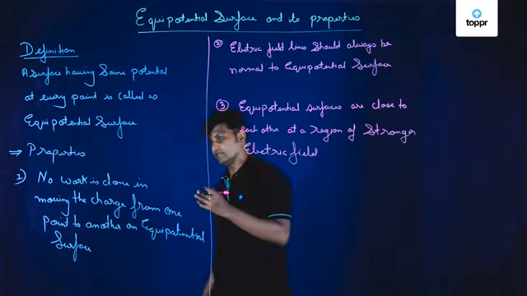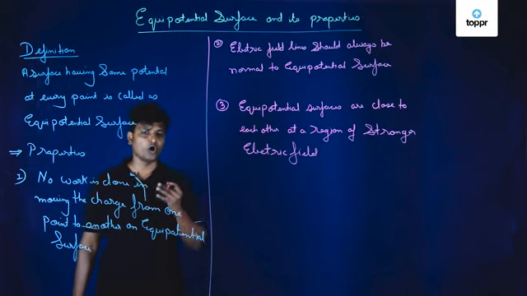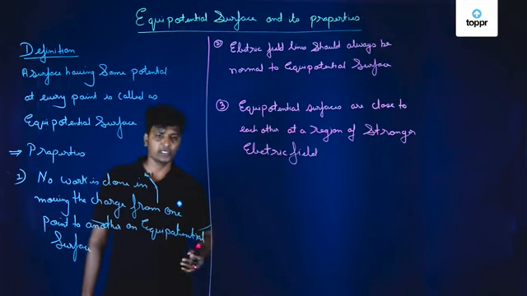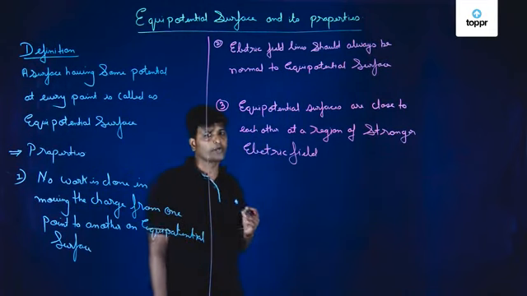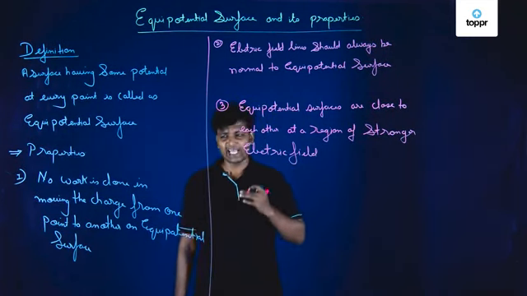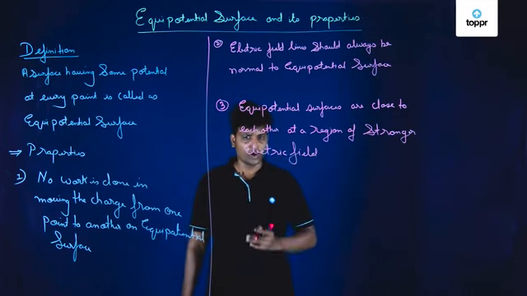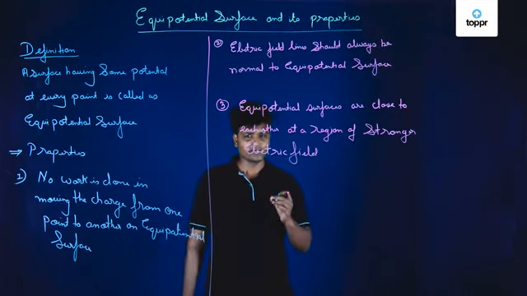So this is the definition of equipotential surfaces and the properties of equipotential surface, right? So in the next session, we are going to take examples of equipotential surface and then understand these properties and the definition of equipotential surface in detail,